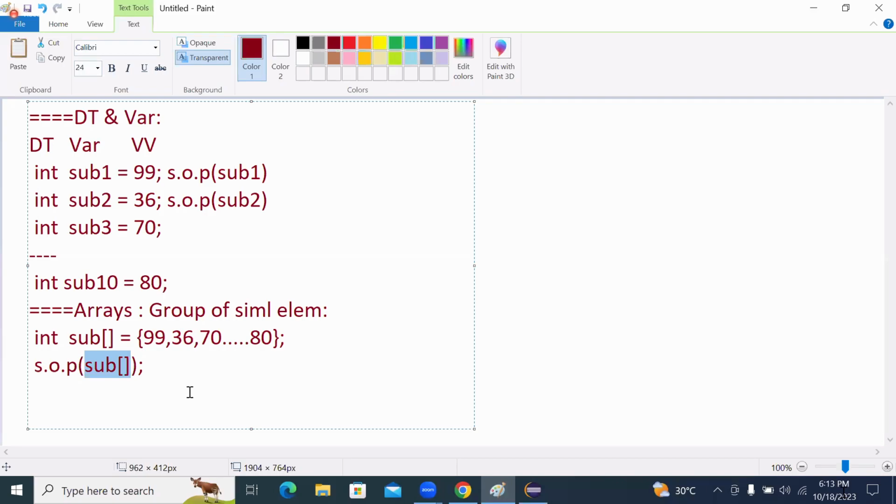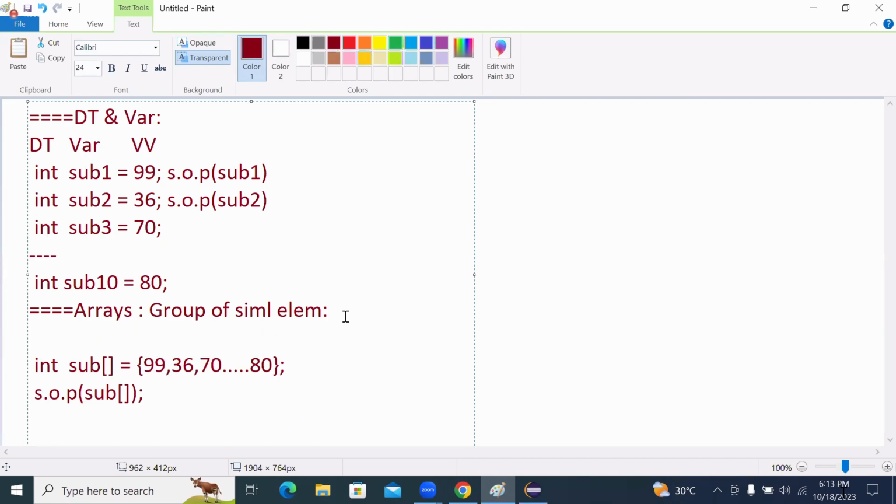It cannot understand what array values need to be printed. Even though you directly provided the array name, it cannot understand that. Because of that, whenever you are working with this particular arrays concept,